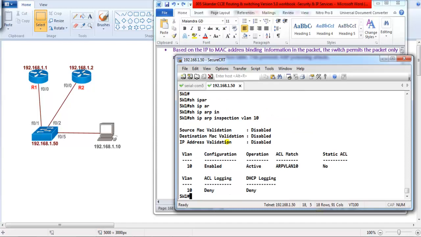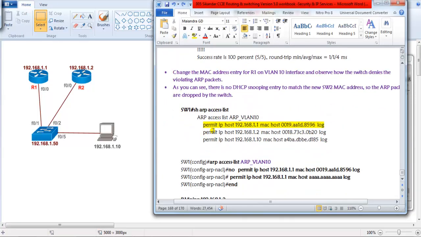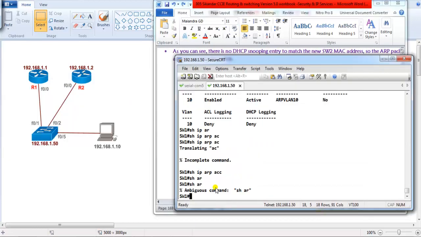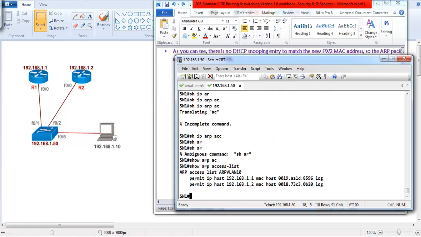Now here you can see it is saying that the inspection is enabled for VLAN 10, and it is active with the ACL match, and it's going to deny all the traffic except whatever is defined in the ARP VLAN 10 access list. Now for further verification, I can simply go and change the MAC address entries. If you verify show ARP access-list, you can see the entry is going to permit the host 1.1 with this MAC address.